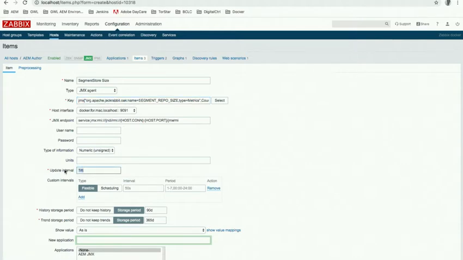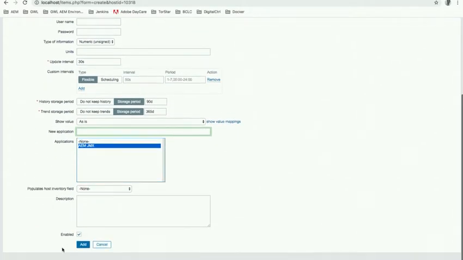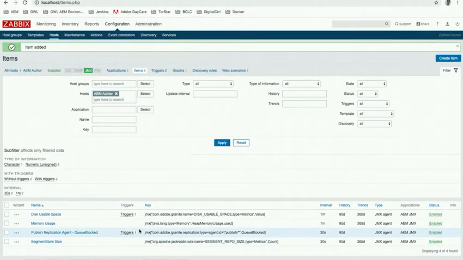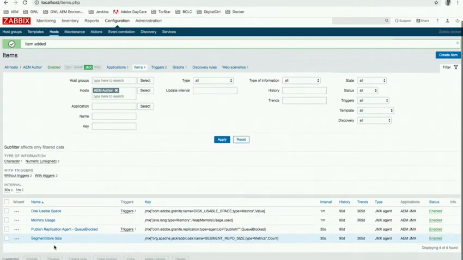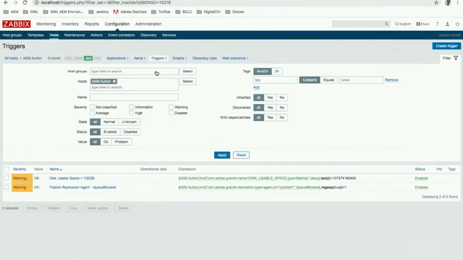The type of information is numeric. I'm going to change it to 30 seconds. Application is AEM JMX, and click on add. So now we have the segment store size item being monitored by Zabbix. So the next step, as I showed you with the previous item, we're going to create a trigger. So from here, we're going to click on trigger,